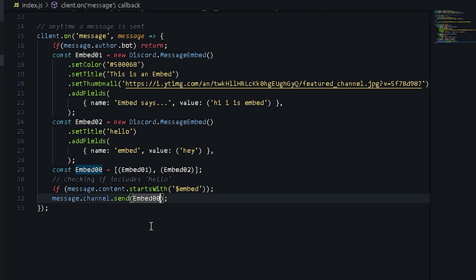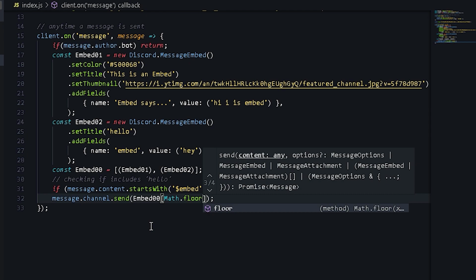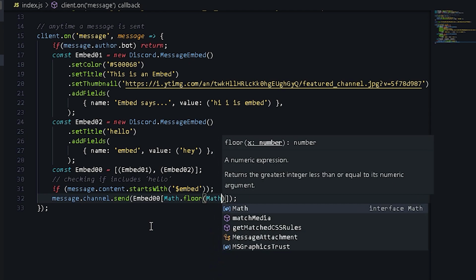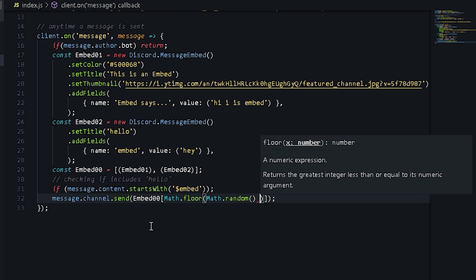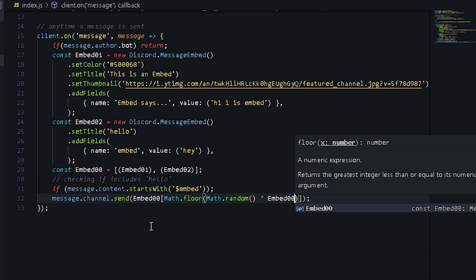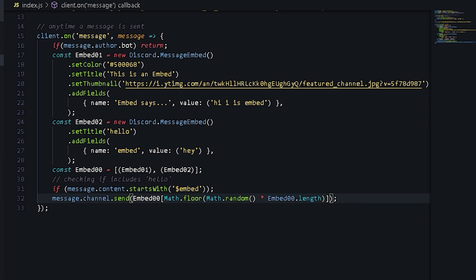Now we're going to come after the embed 00 on the last line here, and then we're going to type in square bracket math dot floor, open normal bracket math dot random open close bracket, space after the bracket, asterisk, and then we're going to type in embed 00 again dot length, and then we should end that all off just nicely. So we're gonna save that, we're gonna rerun the bot,